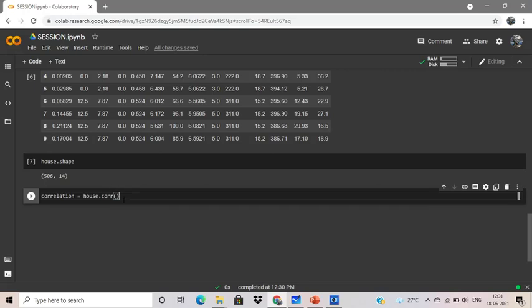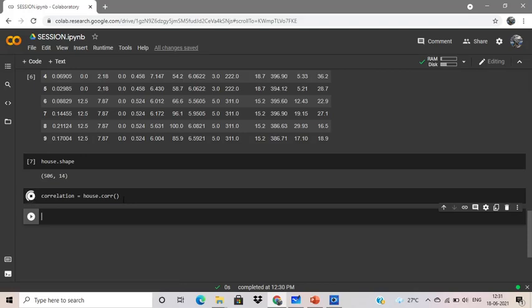So this is the syntax which you have to follow. And now we will construct our heat map. So let me just write this, constructing heat map.